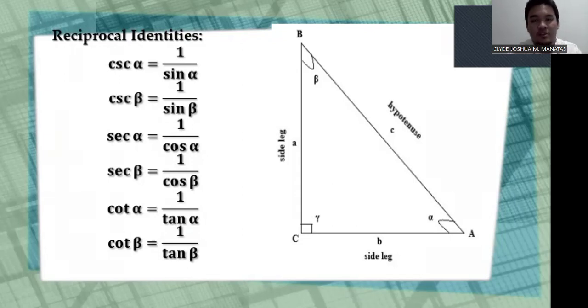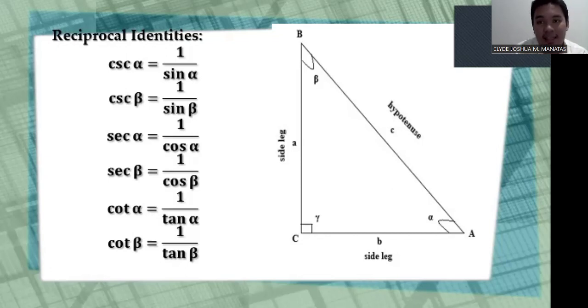So if you want to calculate the cosecant, secant, and cotangent, you just use the sine, cosine, and tangent, but put them on the denominator and put 1 on the numerator, in fraction form. Okay,